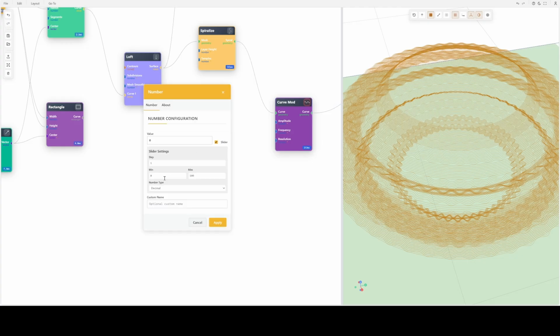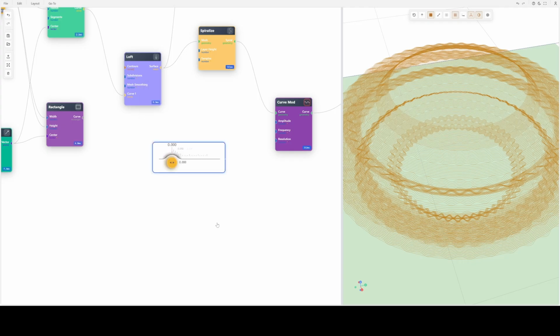So you can say your minimum value should be 0, that's okay, but your maximum value is for sure not 100, it will be too much. So you can say you need probably 0.2 as a maximum and very small steps, because you are working with very small numbers. You can provide a custom name for your number node, but it will actually inherit the name of the connected port. In this case, if you want to change the amplitude, it will just inherit the name amplitude, and that's okay in your case. So it's connected to the amplitude node,